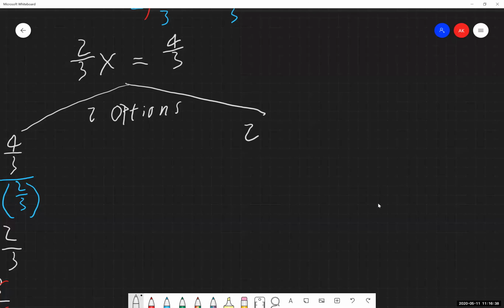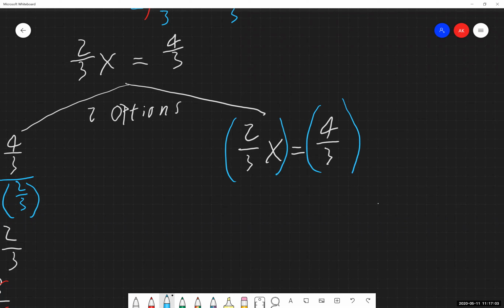Alternatively, I think this is the easier method, quote unquote, but this is using the multiplicative inverse property. So instead of dividing by 2/3, we say, I want to get rid of that fraction. I want that to be a 1 out front. So I'm going to multiply both sides of this equation by the inverse of the fraction attached to the variable. So I'm going to multiply both sides by 3/2.